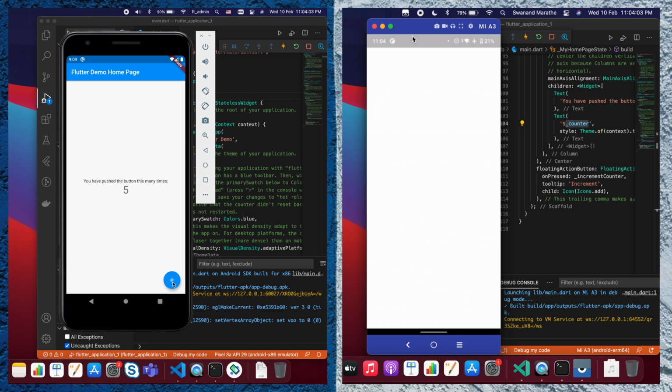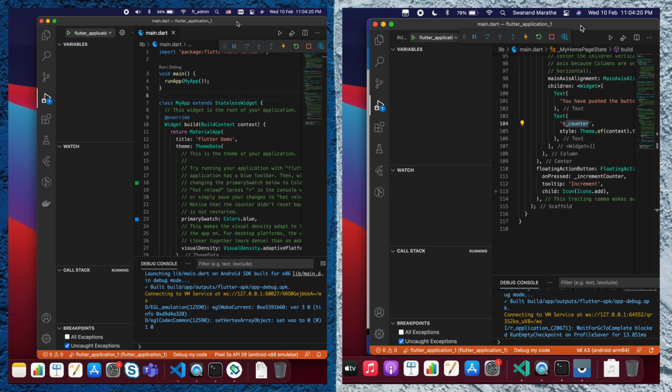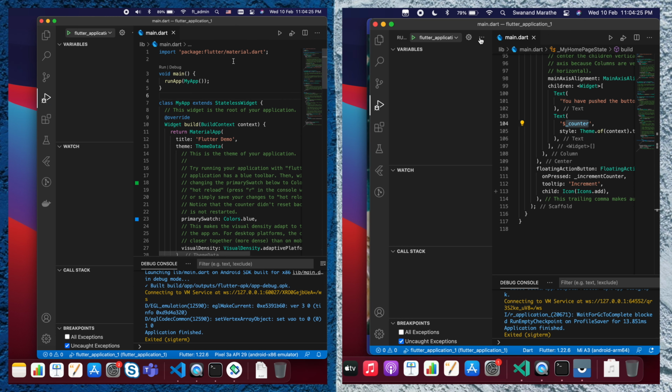And just a second later, we are here on the M1. Okay, we can try one more time by doing a clean build. Let's do a clean build.